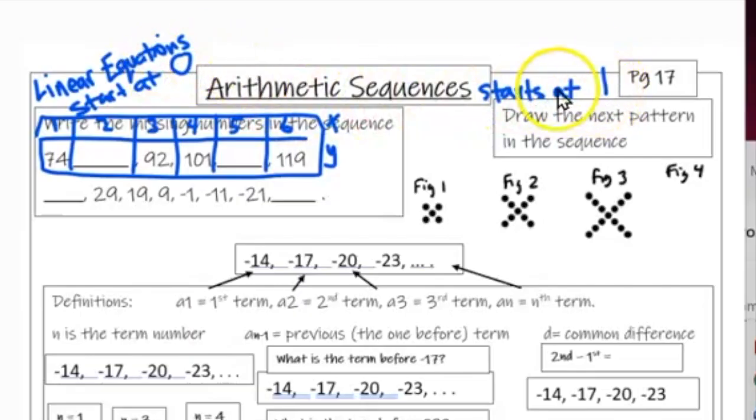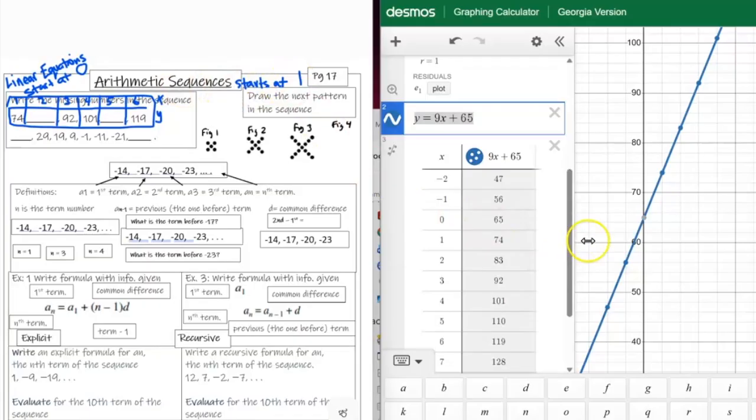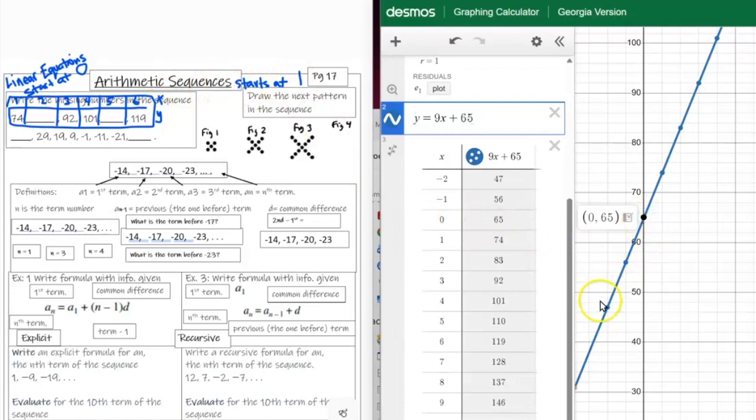So go ahead and copy that down in your notes. It's going to be very, very important. If you can highlight it, color it, please go ahead and do so. Linear equations, they start at 0. Arithmetic sequences start at 1. So our starting point on a linear